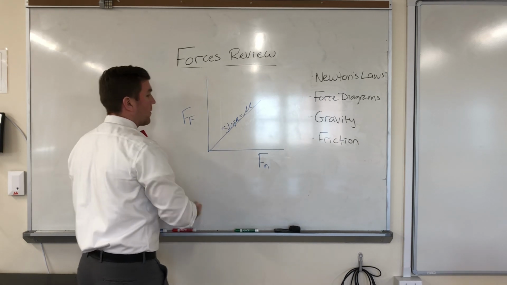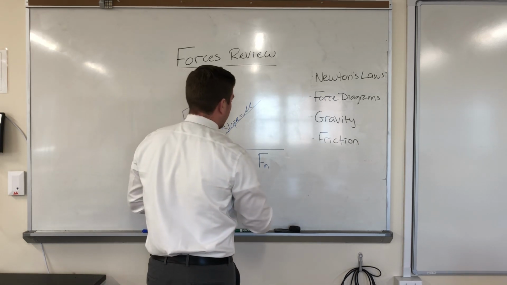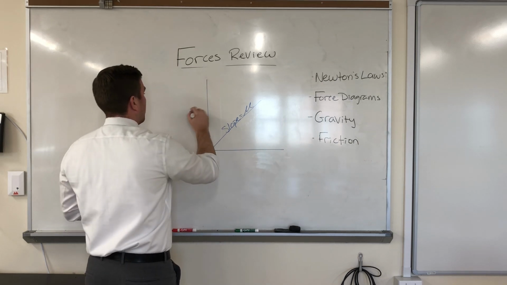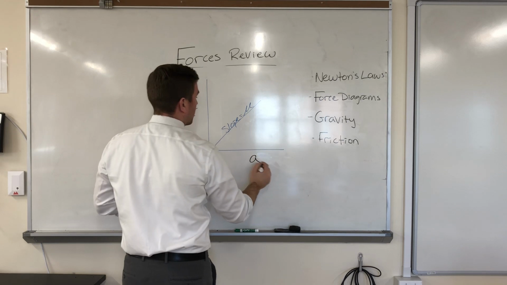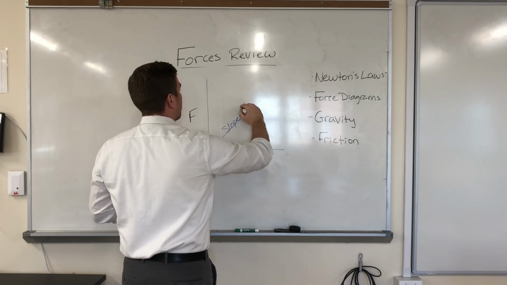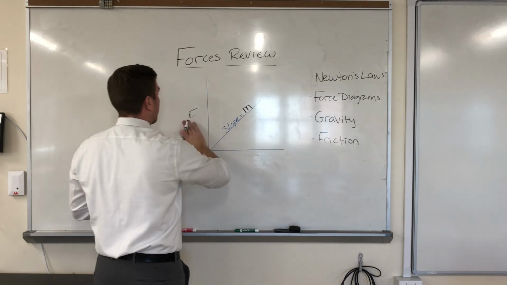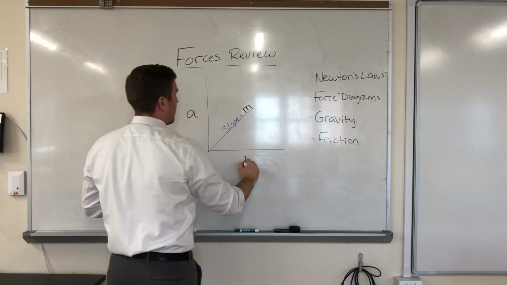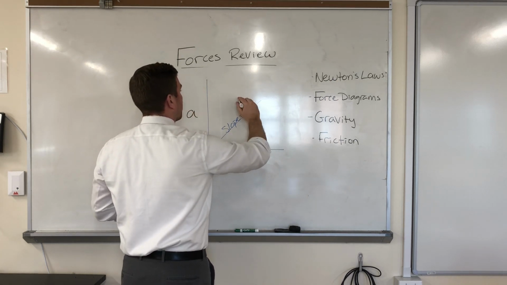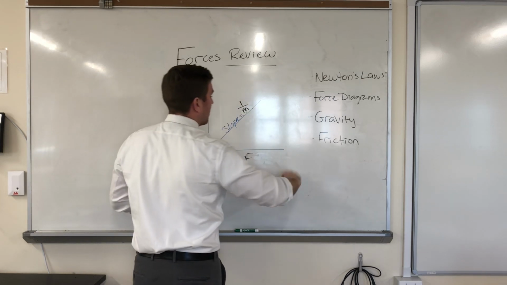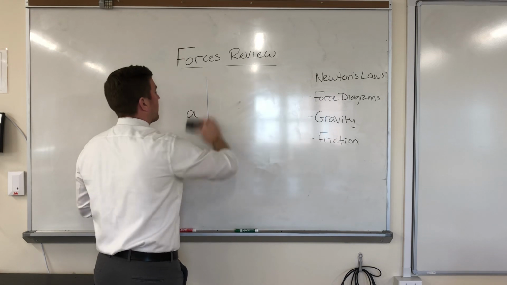We also had graphs in this time where we graphed force versus acceleration, and the slope was the mass. Now you could do that the other way as well and graph acceleration versus force, and the slope would be 1 over the mass. All of those things you should keep in mind